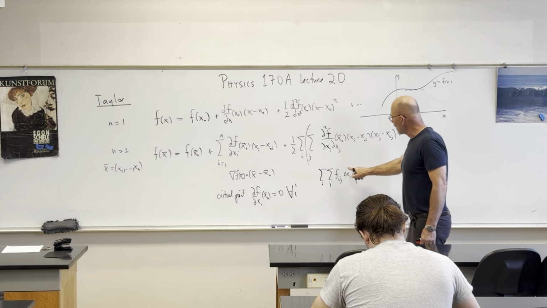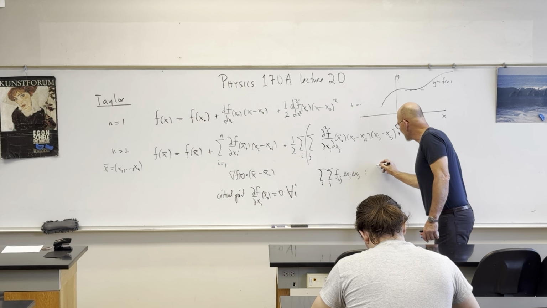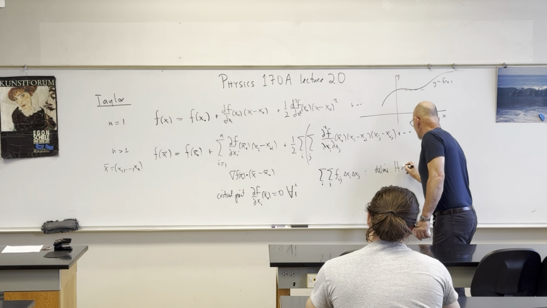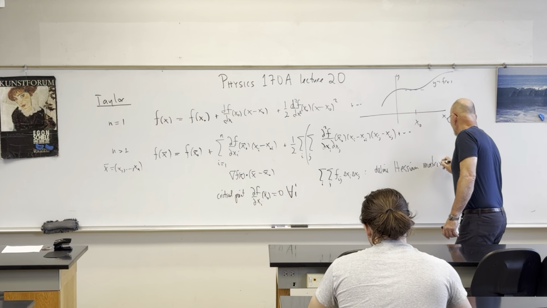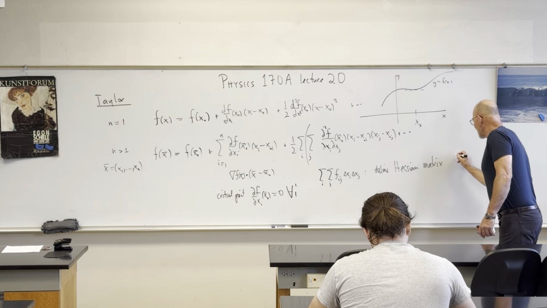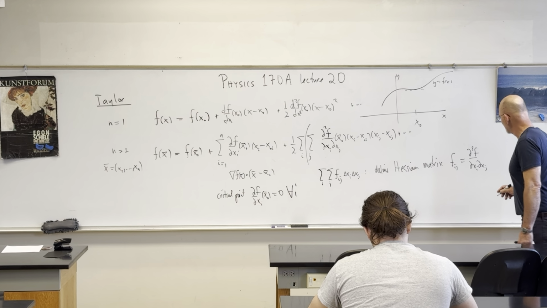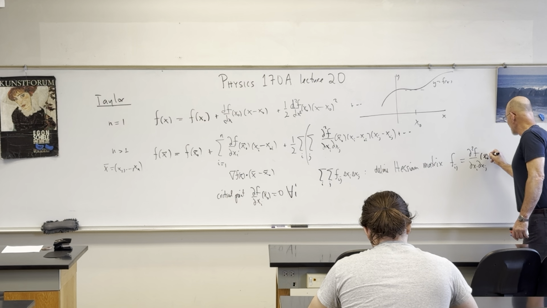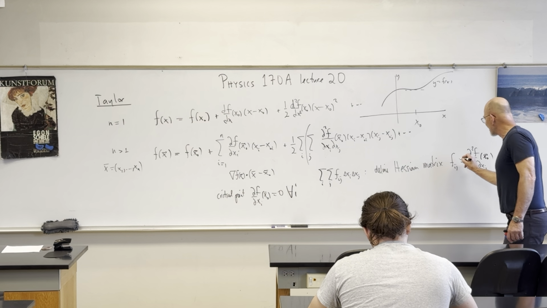And local max or min, we have to define something called the Hessian matrix. So Hessian matrix Fij equals d squared f dxi dxj, and we'll evaluate it at this point x0. So this now defines an n by n matrix. I could put the x0 here as well,